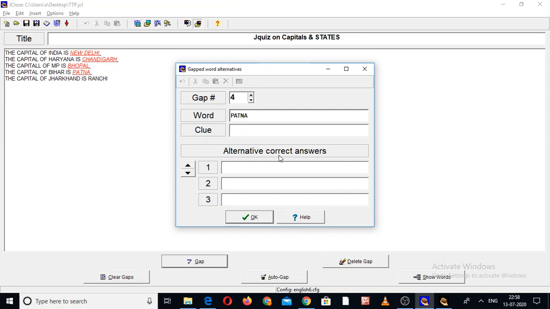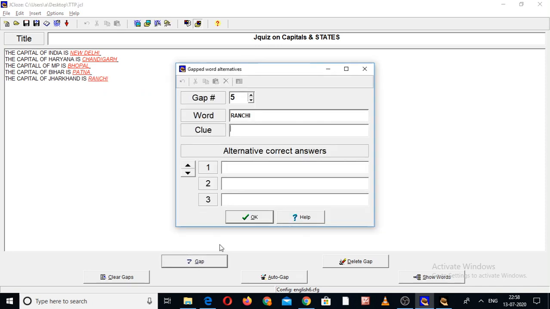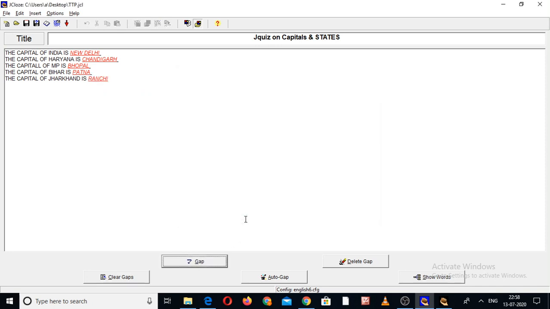This box will open, but there is no need to do anything, just click on the OK button. Now this Patna is red and underlined. The same with Ranchi. Select it, click on Gap and just click OK.